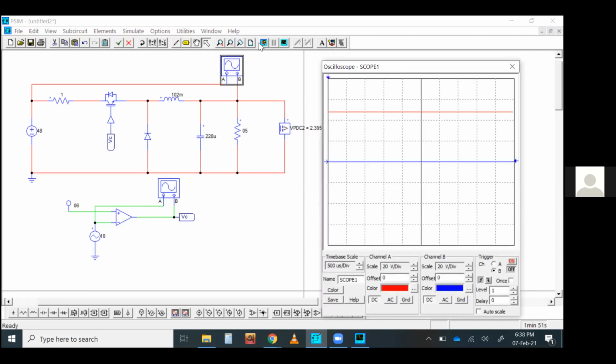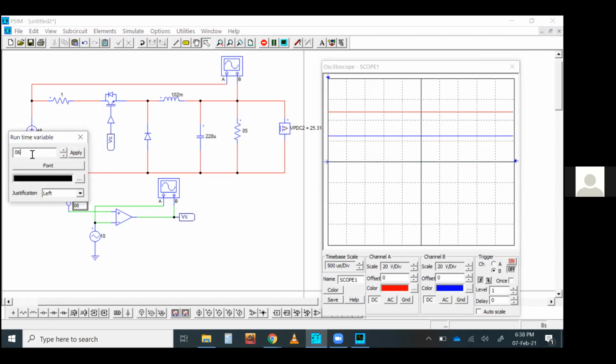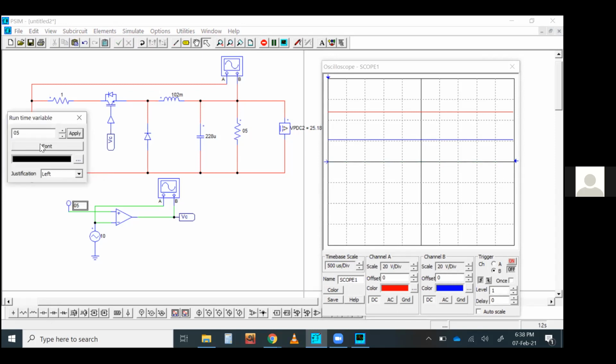Let's see now what happens. It is being controlled up to 10. So we are comparing this 10 volt peak triangular wave with this one. So 5 means 50% duty cycle actually in this arrangement.